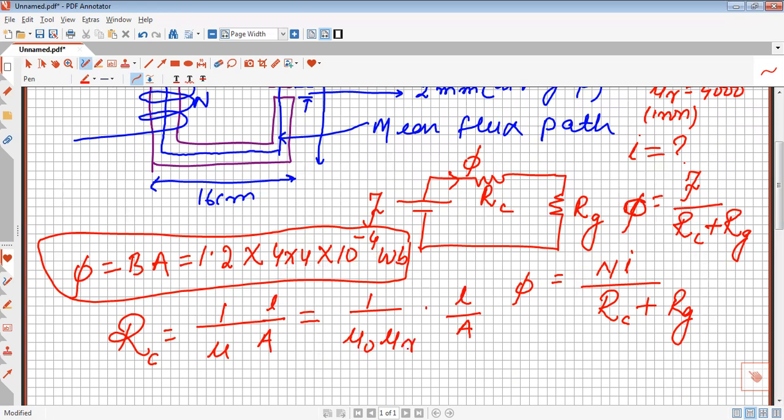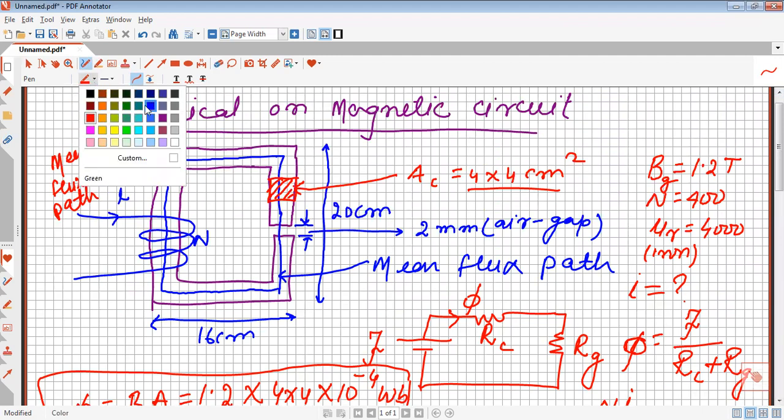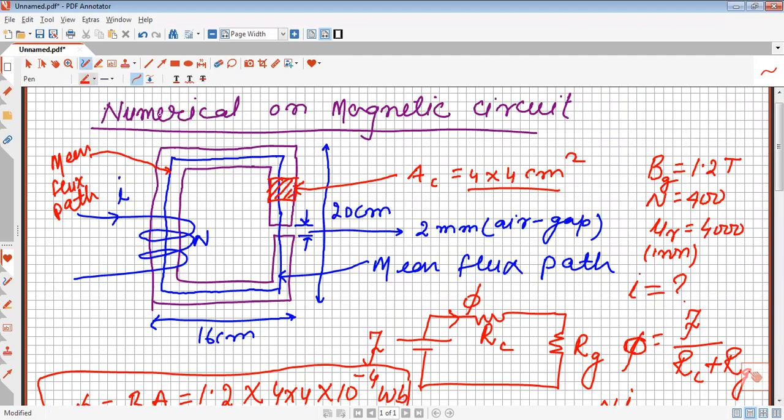Mu naught is known, mu r is known. Only we need to find the length. So how will we find the length of the core? Let us see the diagram again. To find the length of the core, we will come here and see how we can find it. Very easily we can find the length of the core by using a simple